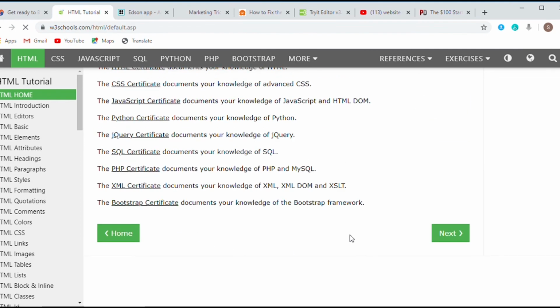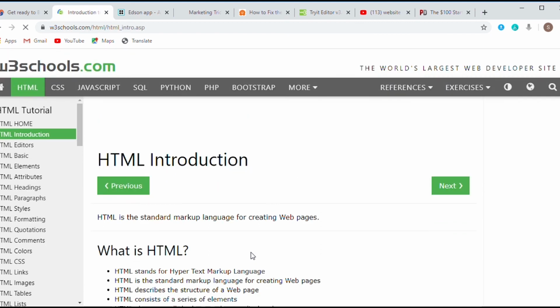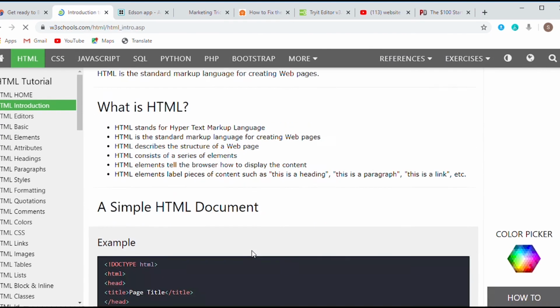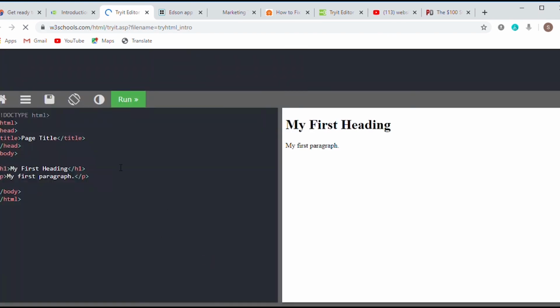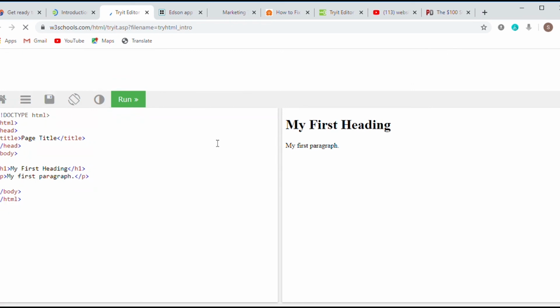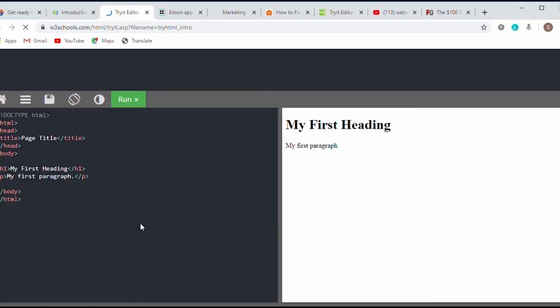you can go on to next, and you can see, it's a smooth transition. They explain to you what this is about, and you can try it yourself. And when you try it, you get to the try it yourself page, and then just like this, you can change the look of this. You can make it black and white, you can make it just plain white, or I can make it more colorful, and then I can start.